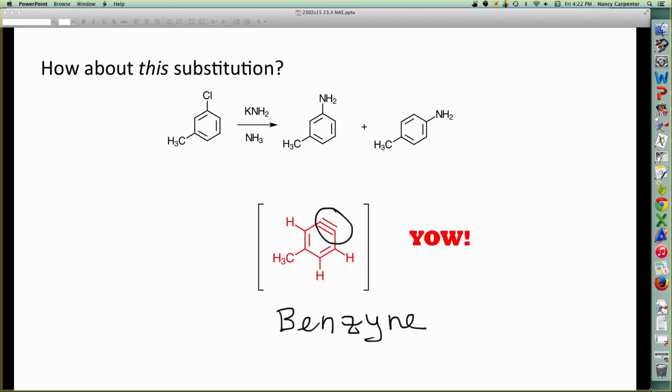Obviously, -yne, because there's a triple bond in the ring. And as you can imagine, trying to think about the pi orbitals overlapping to make that triple bond, extremely strained, extremely reactive, really doesn't want to be around. Therefore, as soon as that transient intermediate is formed, it will react with whatever nucleophile is present to immediately give either this intermediate